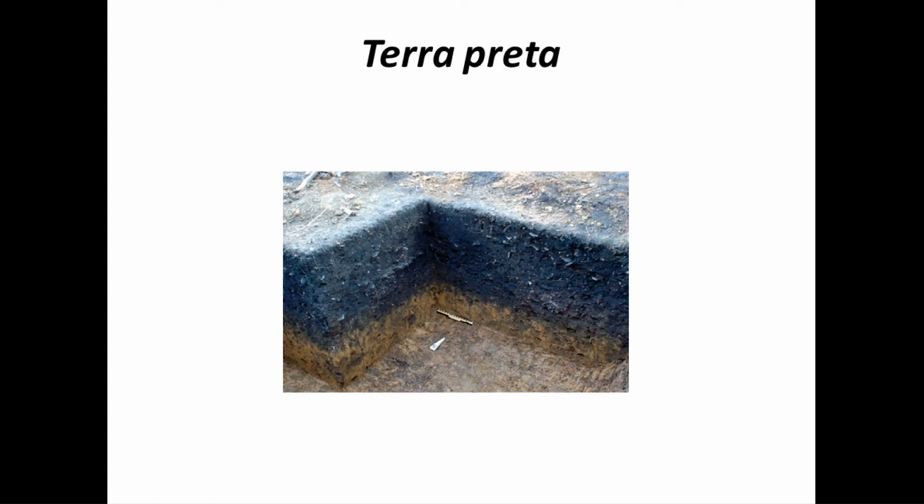This is now being found. How can I put it? The rainforest is being destroyed. Whole areas of the rainforest are not there anymore. It's been deforested. That's not a good thing. But what it is enabling is, doing archaeology in the rainforest is really difficult. What it's doing is exposing what is there in terms of the soil and in terms of the archaeology within it. This dark earth, to cut a long story short,